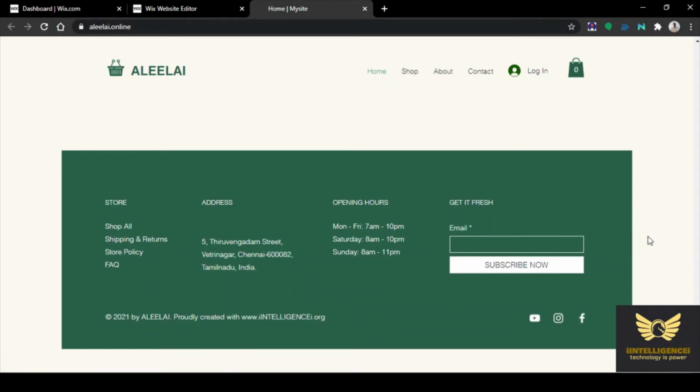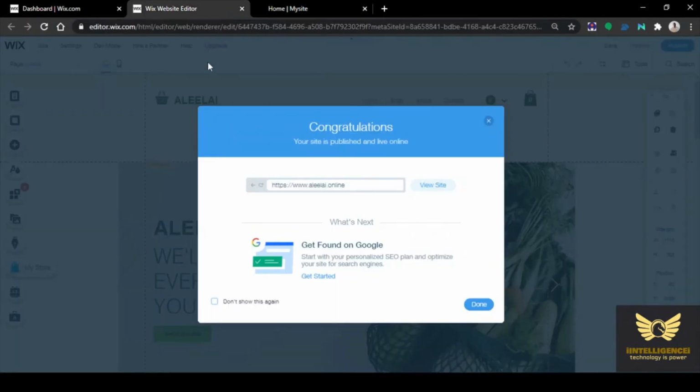As and when you change anything, including small minor changes, if you want to update, you have to click publish. So congratulations, close it.